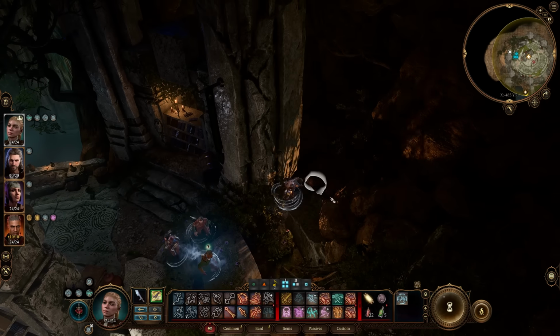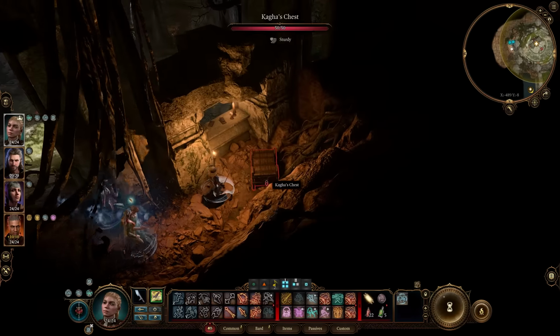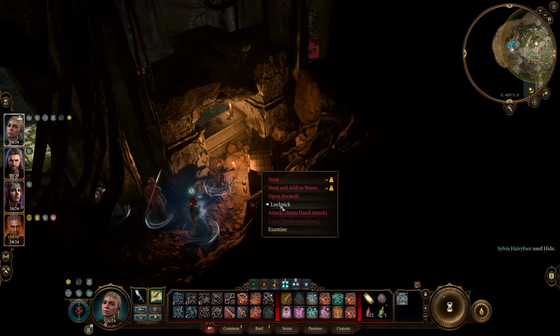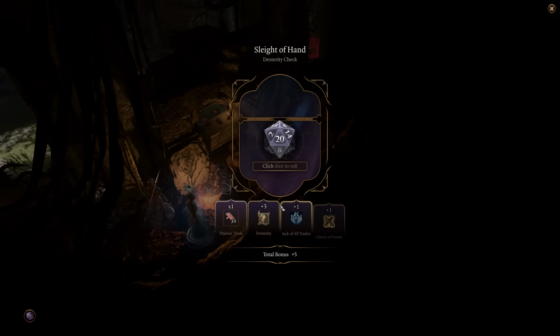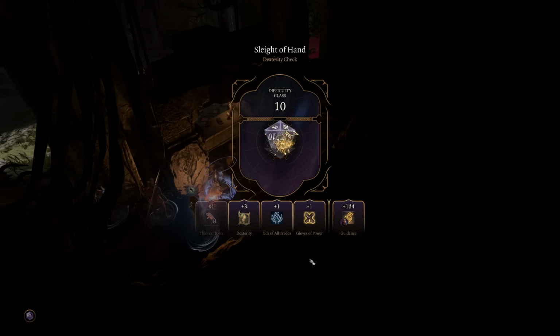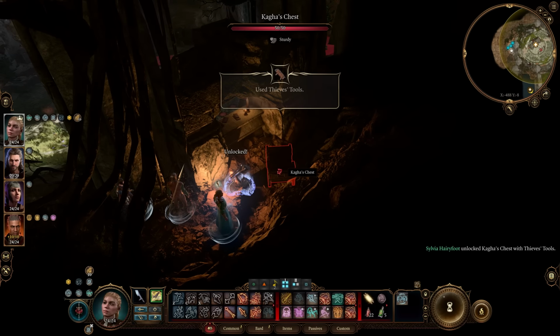If we wait for both Silver and Macorial to leave, there is a small nook behind this pillar here, where we can find a hidden chest clearly marked as Kagha's. A DC 10 lockpicking check is needed to get us inside. Sylvia is competent enough to pull that off with some reliability now, and inside the chest we not only find